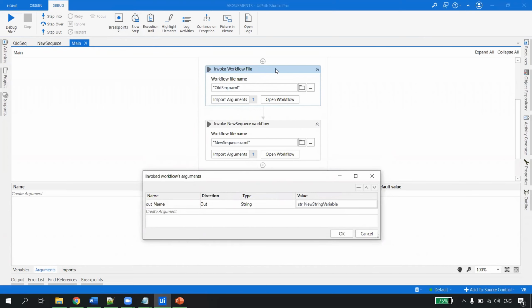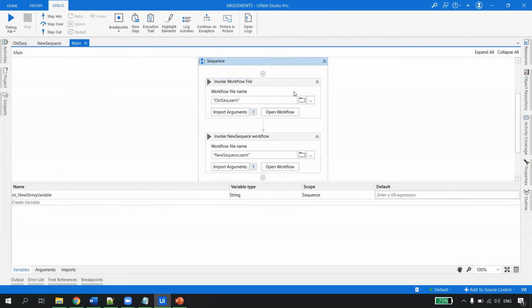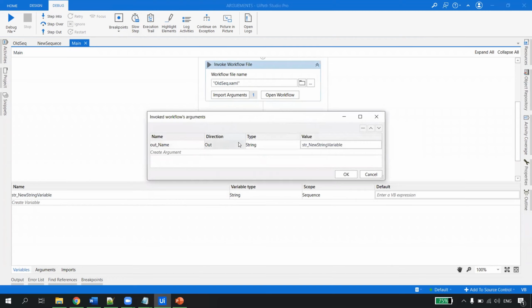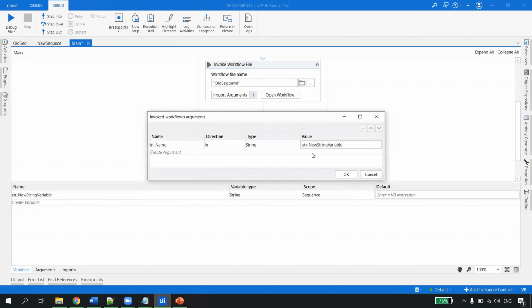How do I pass from here to here? I just created a variable. This is a new variable, str new, and this is for main, right? So we will get this output from here, and we will pass that to here. Whatever output I get from the first out, now this same variable is becoming input here, as simple as that.